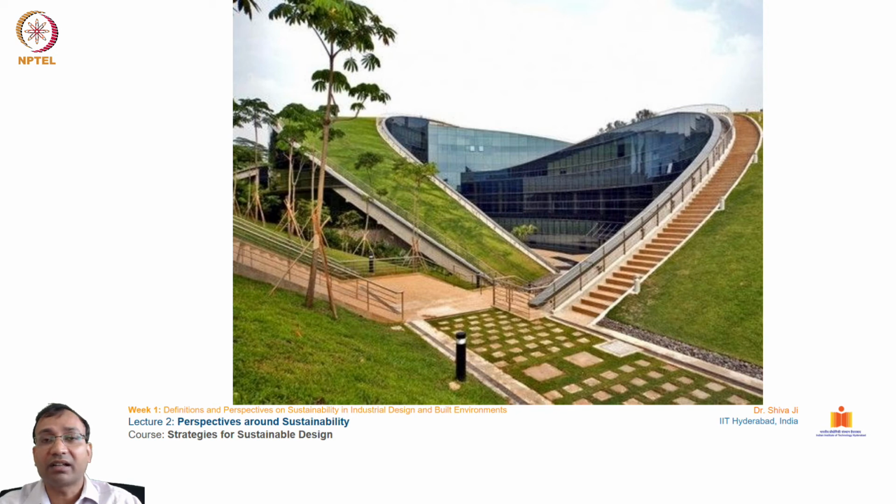It has a grass cover. It has an earth material, the soil kept on top of it, and there is grass grown on top of it. So obviously it's going to be cooler. So how is it going to help in energy saving? It's going to exert very little heat load on the building surface and the building volume inside that building, and in turn that will save a lot of energy.